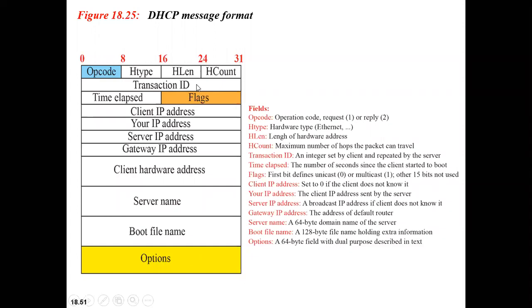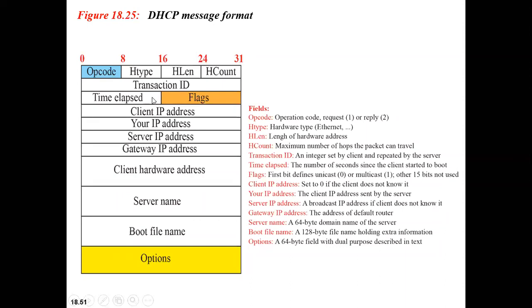The next field over here is the transaction ID. Transaction ID is basically an integer which has been set by a client, and the same will be used by the server also. The same number or ID will be used by the server also, because the transaction ID deals with a particular transaction between a client and server. The same number should be there whether sending from the client or from the receiver. Correct, the name itself says it's a transaction ID for a transaction.